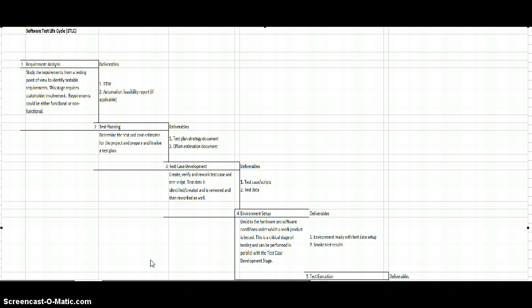The first step in the software test lifecycle was the requirement analysis, and basically you study the requirements from a testing point of view to identify testable requirements. This stage requires the stakeholder involvement. Requirements could be either functional or non-functional, and the deliverables for this is a functional feasibility report, if applicable, and